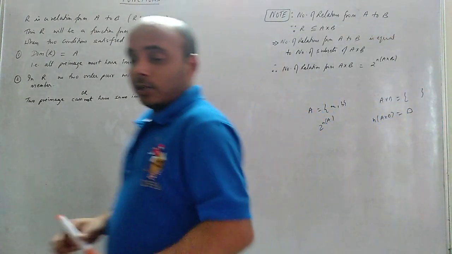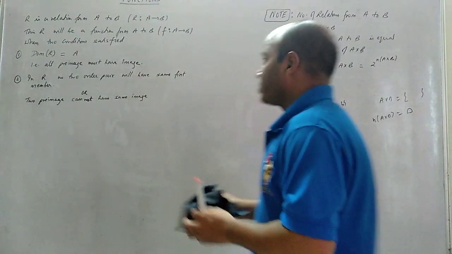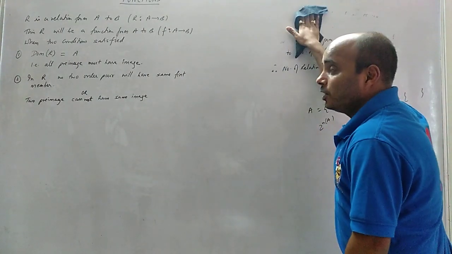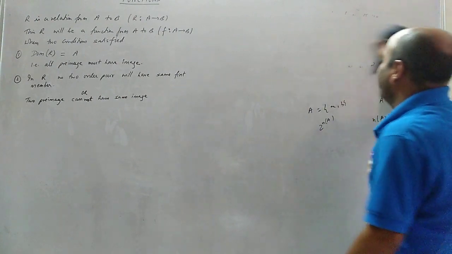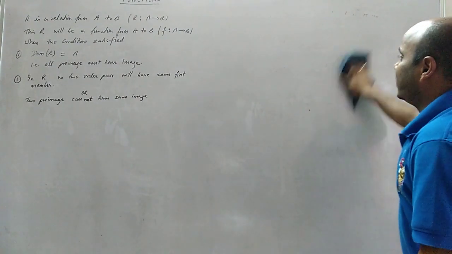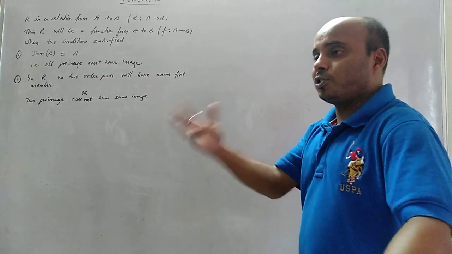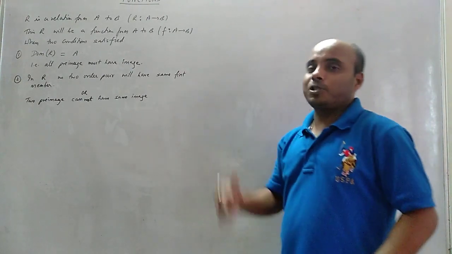Okay class? You understood how to find the number of relations? So where will you write this? Please stop this video. You will write this just wherever you started the chapter relation, where the theory ends and the questions start, just before question number 1.